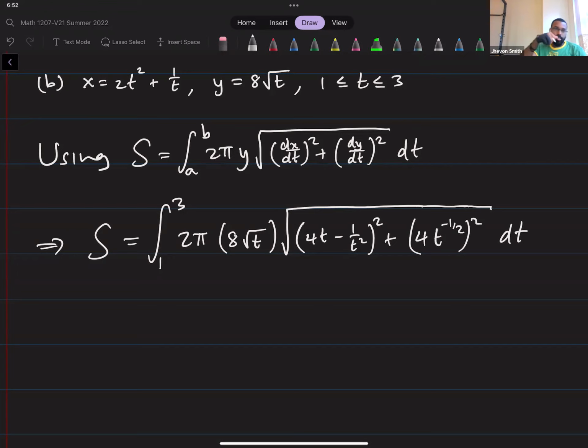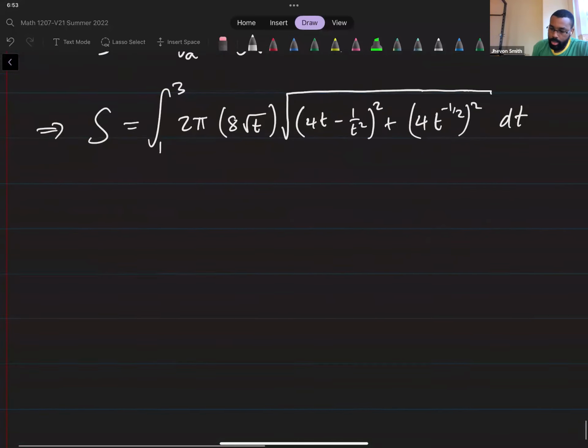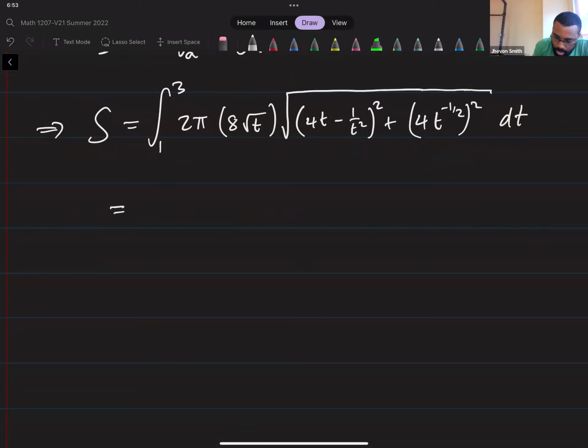Right, because I write radical t as t to the 1/2, differentiate that, the half comes down, divides into the 8, you get 4, subtract 1 from the power, you get minus 1/2. So we have this. So now we're going to figure out how to